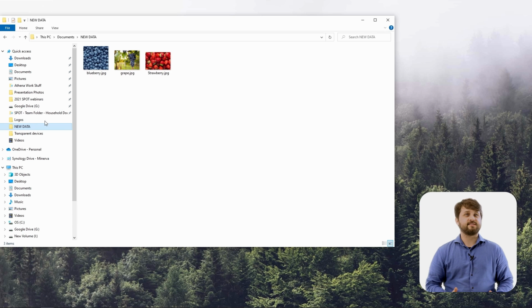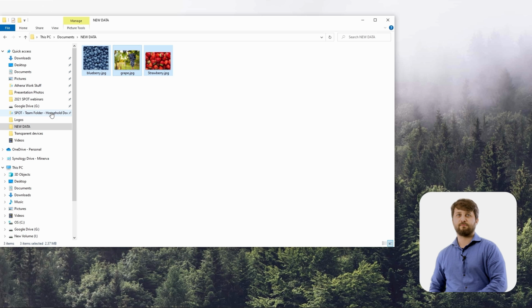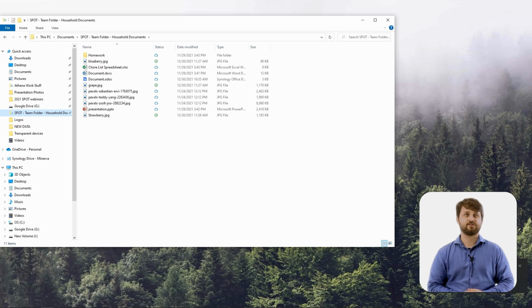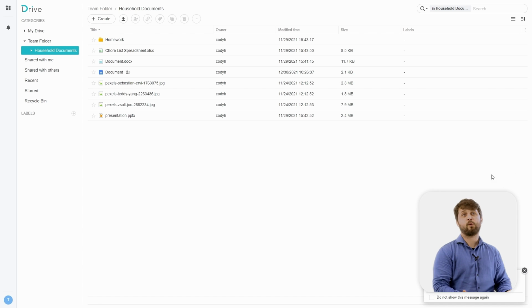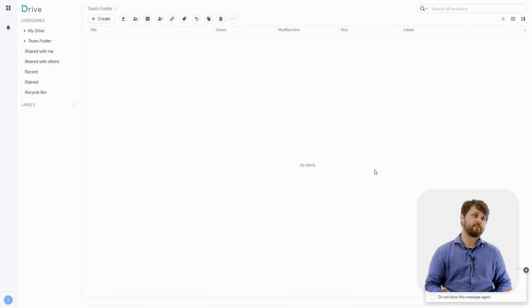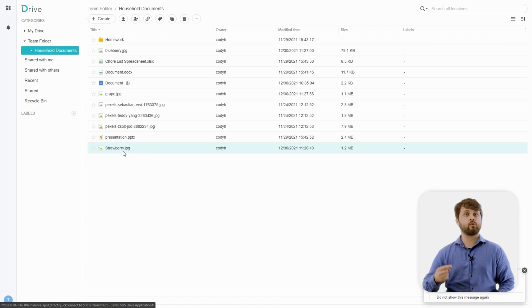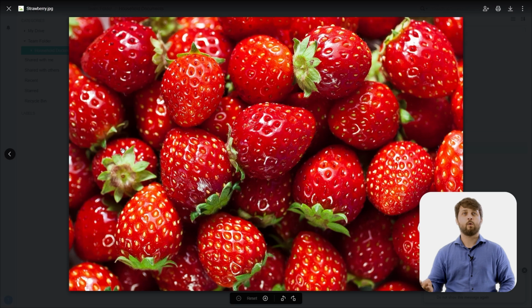Now that we've done all that, you can see how you can actually interact with your team folder. We're going to take some photos, for example, and drop them right into our main team folder sync right here. So you can see we took a few different folders and they were synced right back to our Synology Drive environment. And if we open up our Synology Drive web portal, that's also reflected inside of the web portal. So what this means is that you can interact with data in your private cloud environment either through the client, through normal local protocols like map drives, or through the web portal, and they can all see the same data in the team folders, etc.